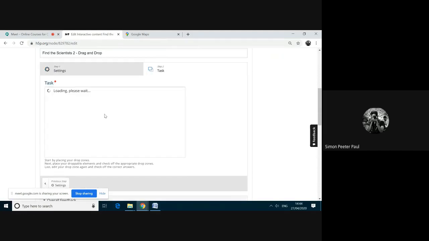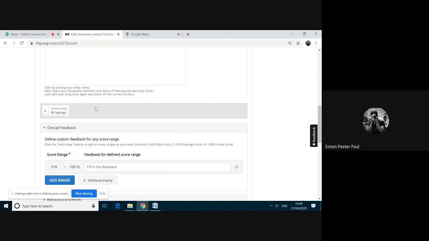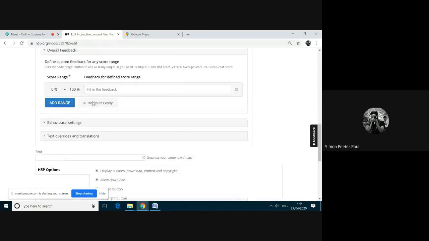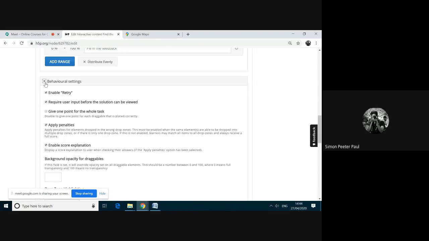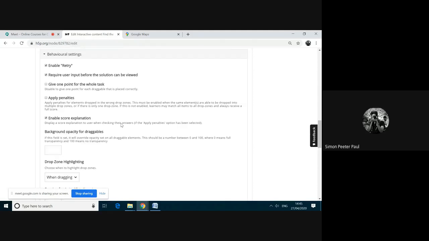See here, everything is in the task. Let it get loaded. Meanwhile, I am moving down. Here, the option behavioral setting is given. I am clicking this, opening this behavioral setting. In that, there is an option apply penalties. If I uncheck this one, there will be no penalty. Okay, I'm moving down and I'm saving.